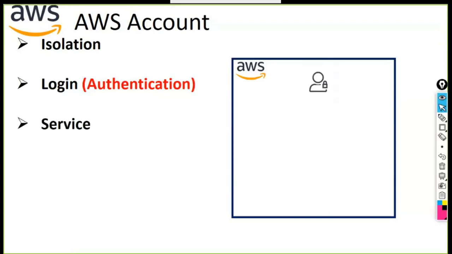Now there are multiple services in AWS. Hundreds of services are there. The architect will try to cover all the essential services. I'll come up with another session where we will exclusively talk about the list of AWS services that we need to focus on in order to clear the certification.